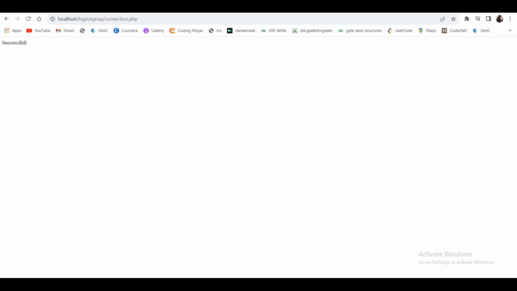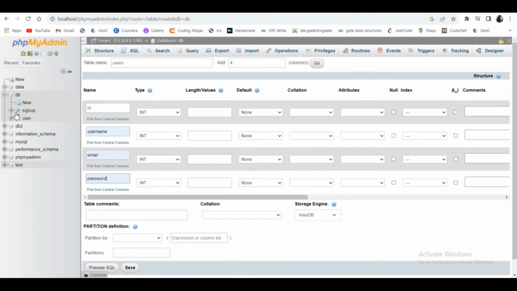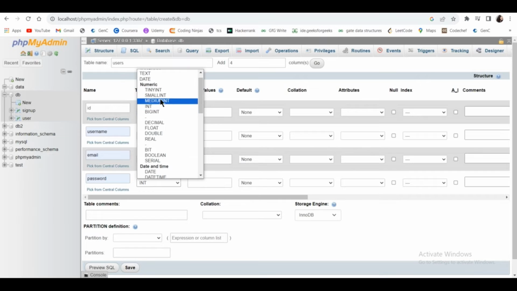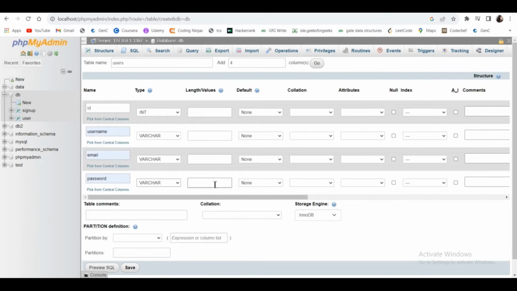Now let's complete the table which we had left halfway. So I started creating a table inside the DB database whose name is users, and I have 4 columns. So the type of ID will be int, username will be of type varchar, email will be of type varchar, password will be of type varchar. Now the password size will be maximum, so I will give 255. Then the email size I will give, the username size I will give 150, and the ID I will give